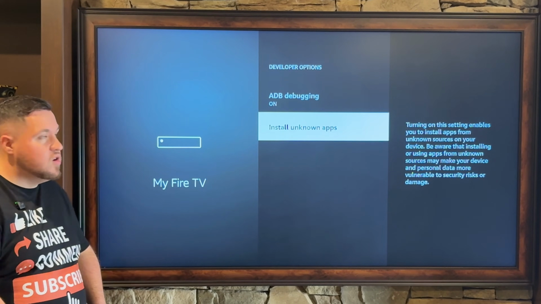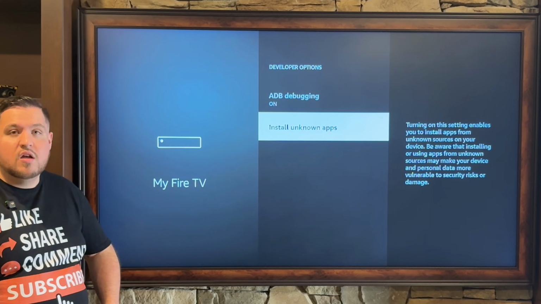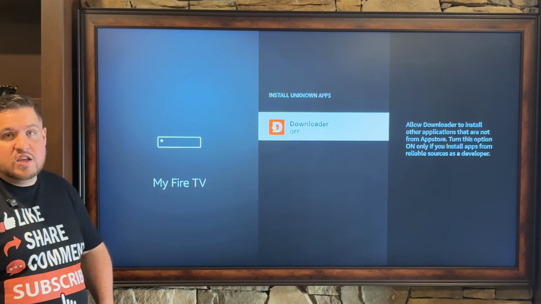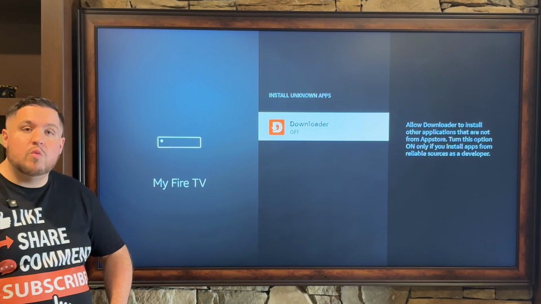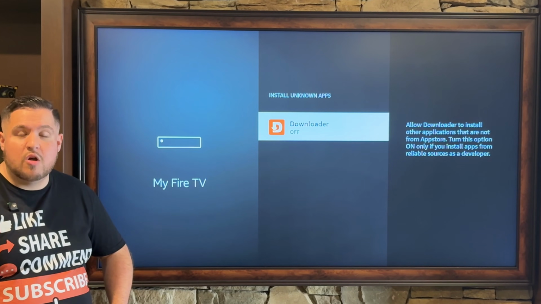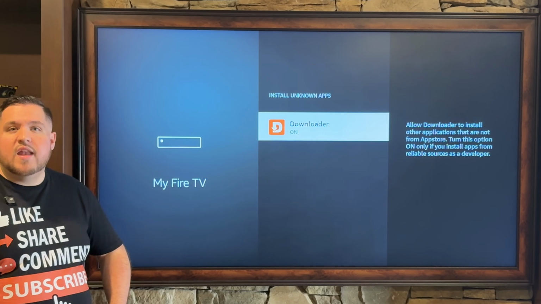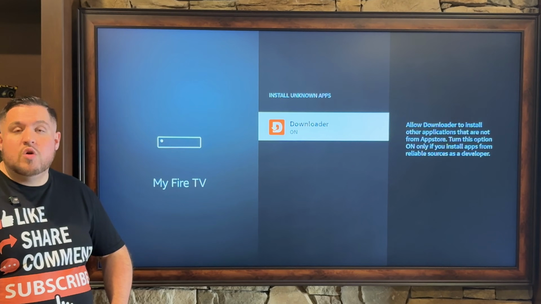I want to go down to where it says install unknown apps. I'm going to click on it, and as you can see highlighted is Downloader. It currently says it's off. Just like ADB debugging, we want to turn it on, so I'm just going to click the center button on my remote one time. Now that they're both on, I'm actually going to want to go back to my home page